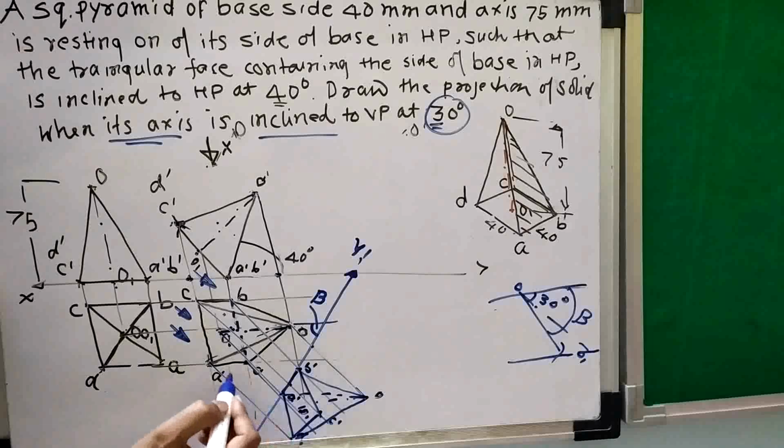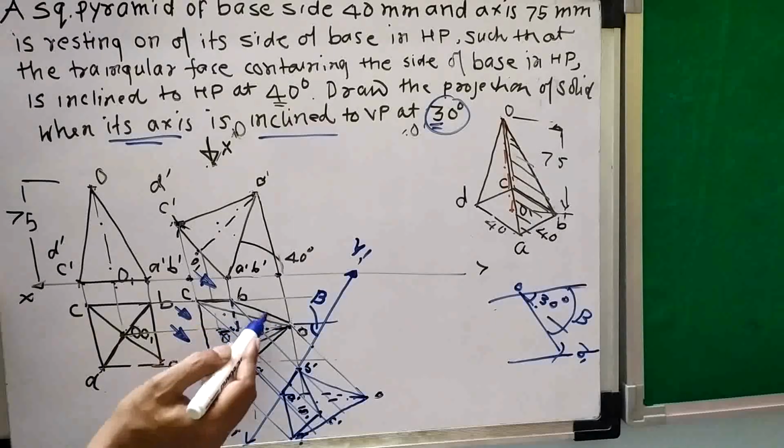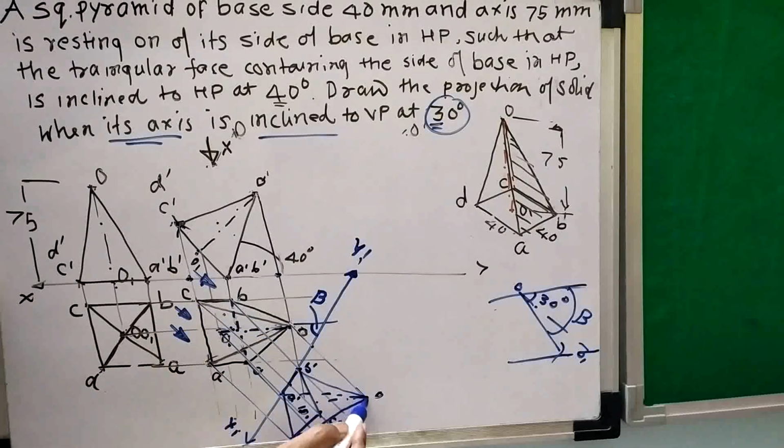Okay, and OC is nearer, so this will be dark. So in this way I will get this object. This is the way how you can complete your problem. So this is the first practice problem, try it, then in the next problems we will see the proper procedure again.